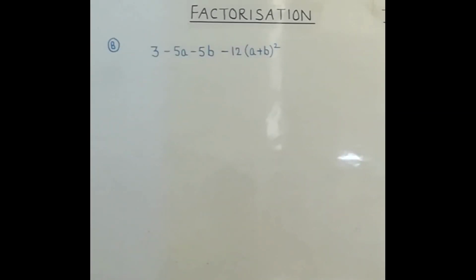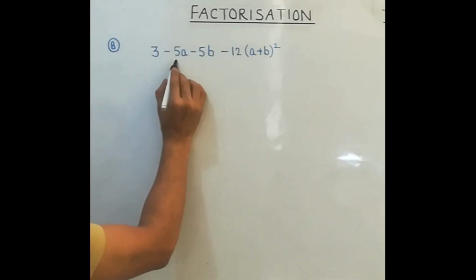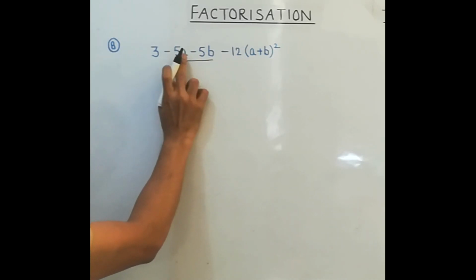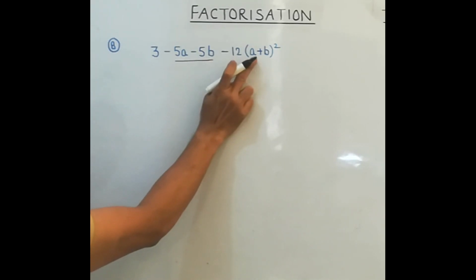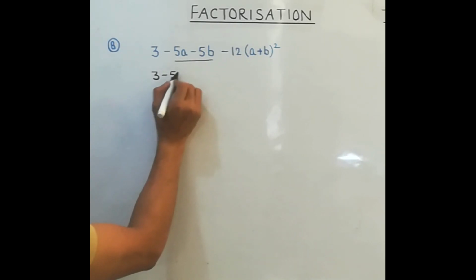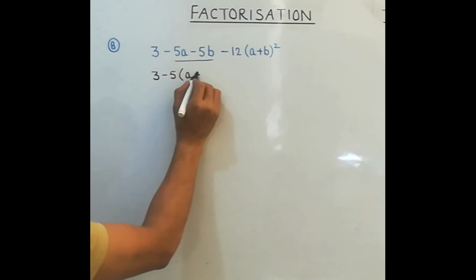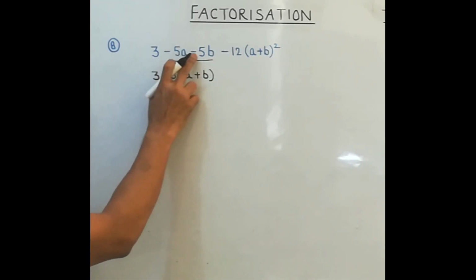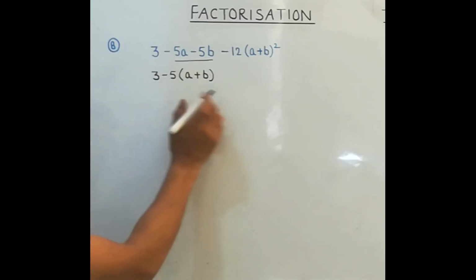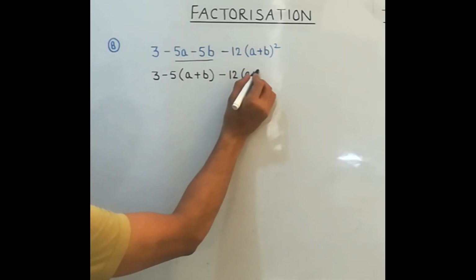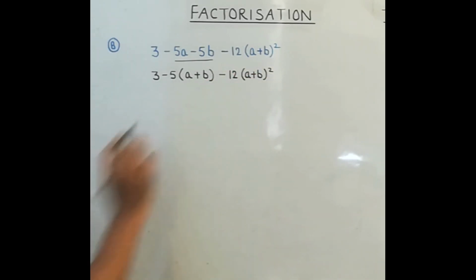Number 8, how can we convert it into the trinomial form? Now first of all, you see from this group, if we take 5 common, then we are left with a plus b, which will be similar as this. So let's take 5 common. So you are left with a plus b. Remember, whenever in the grouping, if there is a minus sign in the starting, then the sign within the bracket will change on taking common. So we have got it in this form.